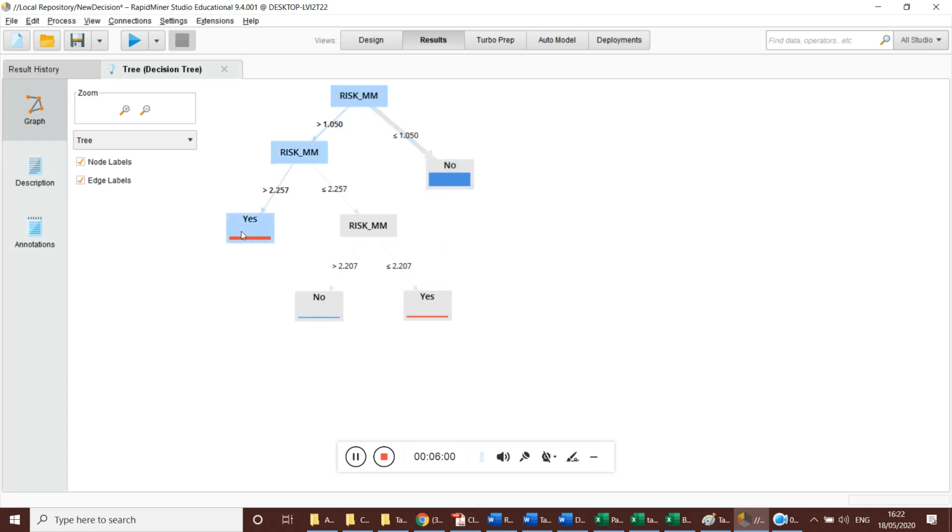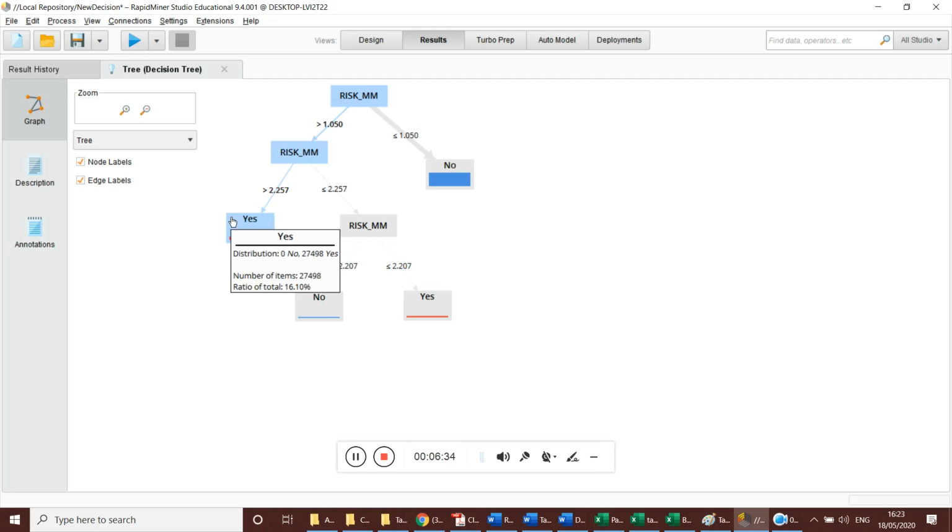When you say that it is going to rain, the first decision is this one, and for this decision we need to cross-check conditions. How do we decide about the condition? When the RISK_MM value is greater than 1.105, and greater than 2.257,